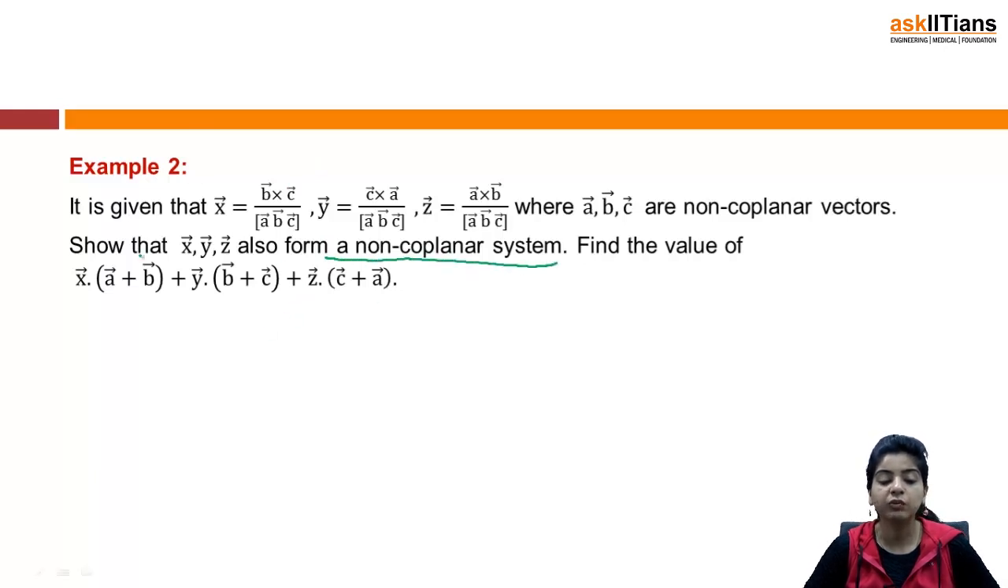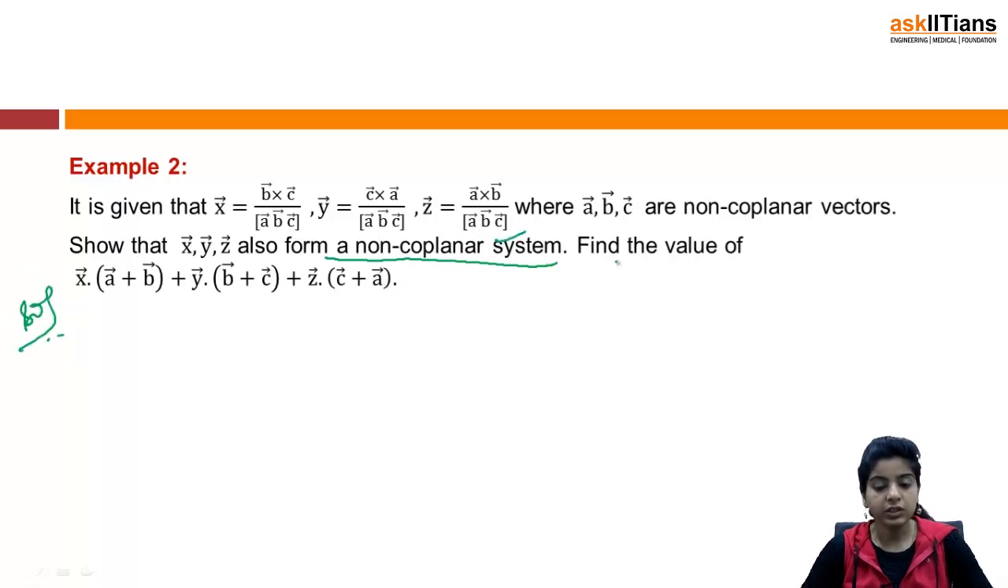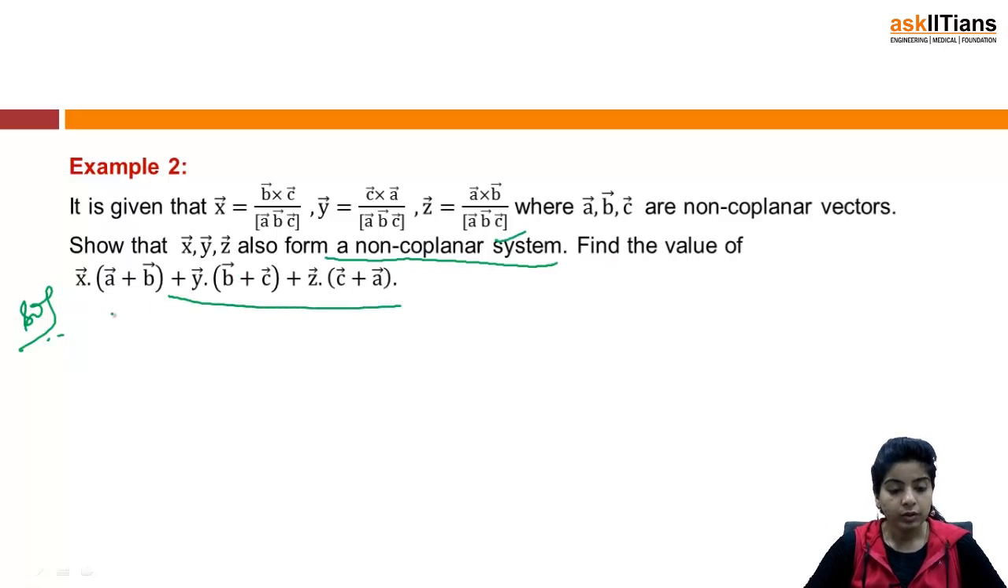Then we need to find out the value of X dot (A plus B) plus Y dot (B plus C) plus Z dot (C plus A). Okay, firstly we'll prove this, then we need to find out the value of this term. So, given